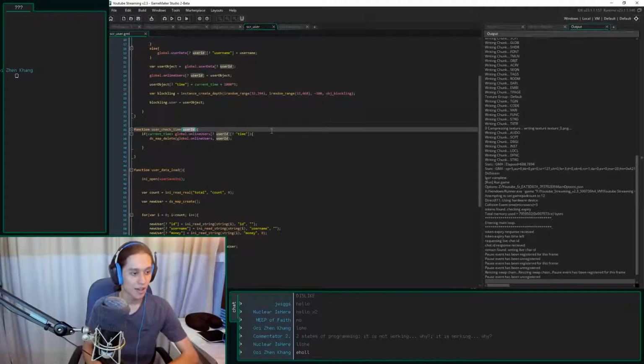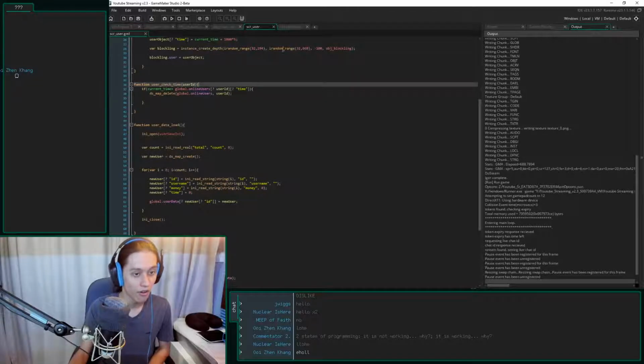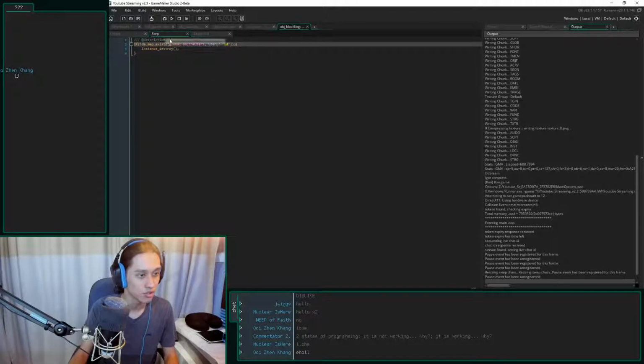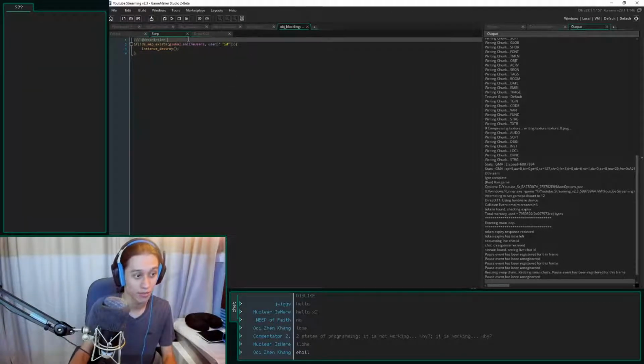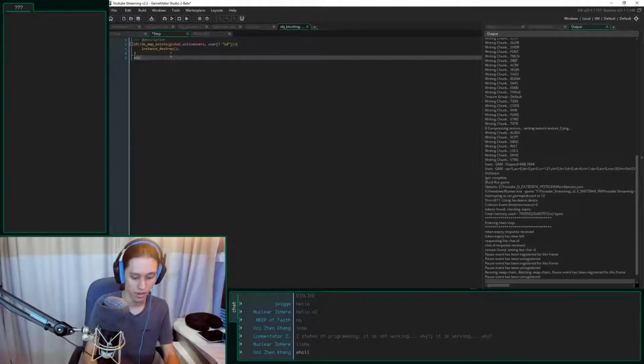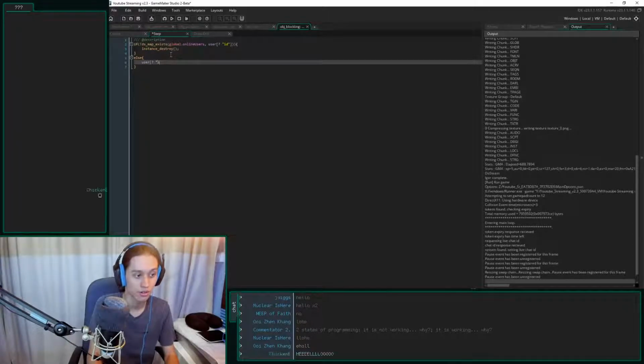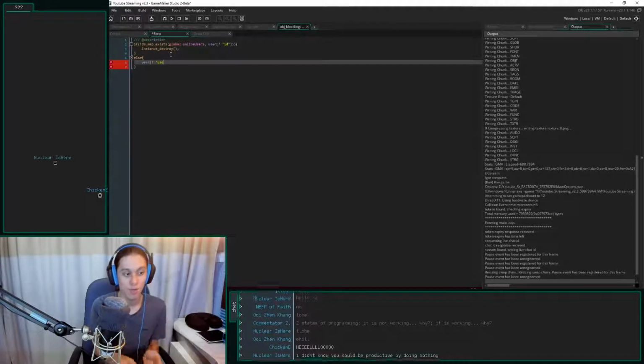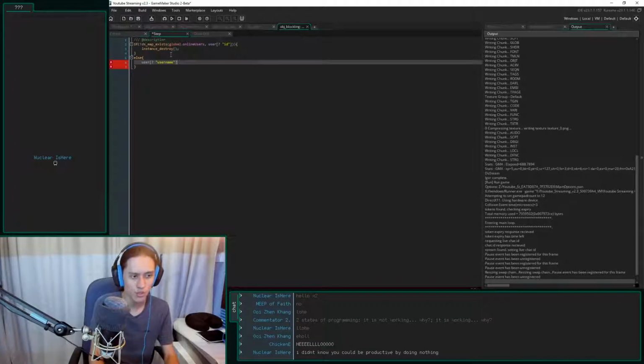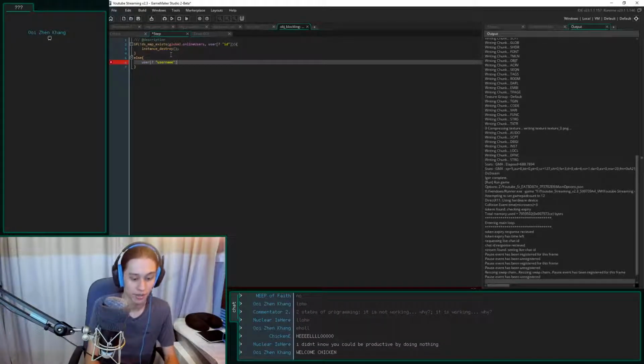Okay. Next step is, now that I can save stuff, now all I need to do is, okay, let's try something. So now I want to edit the name that it's saving. So I'm going to username. So I want to edit things from my blockling. I just want to make sure I'm referring to the correct map. You didn't know you could be productive by doing nothing. Yeah, sometimes.